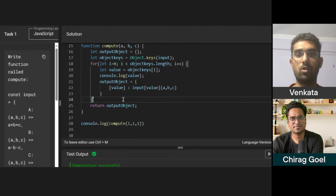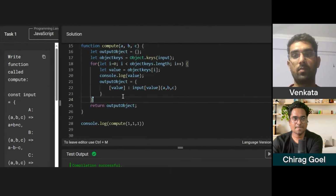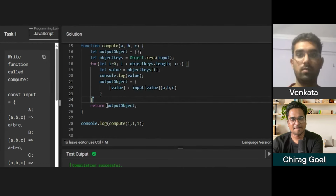This output object, like it should be. We need to have the existing value. Similarly, we need to have the updated value. So, kind of spreading the values we need to have. In an array we spread it, but here...